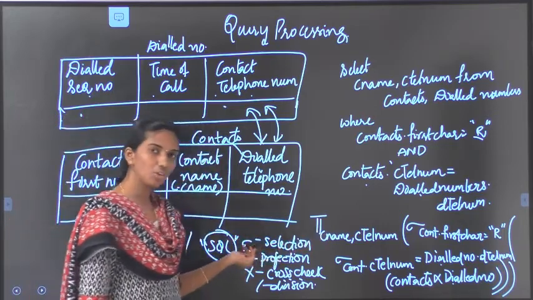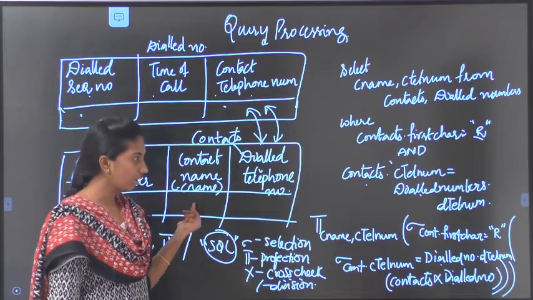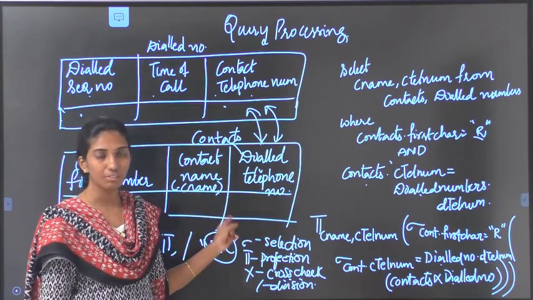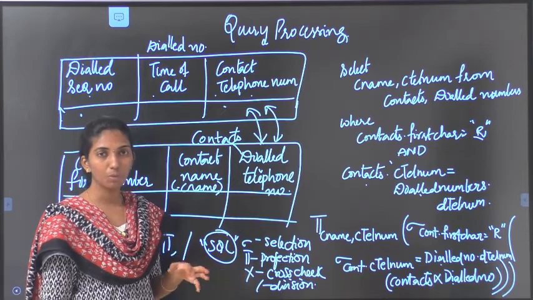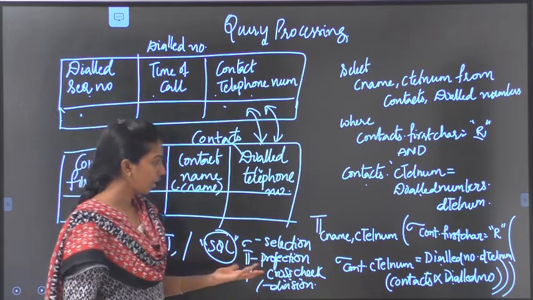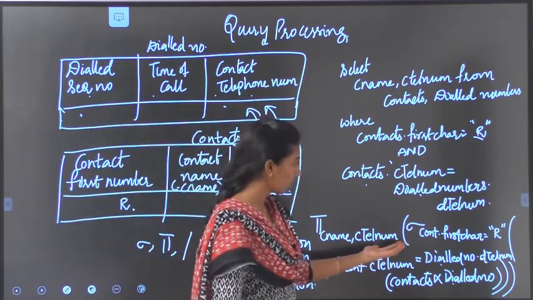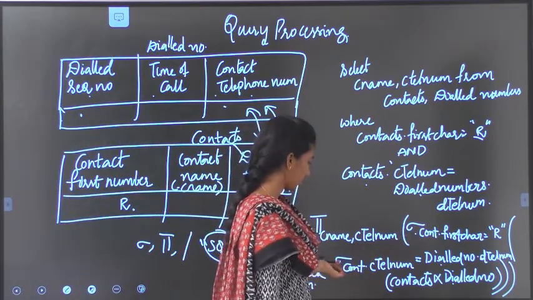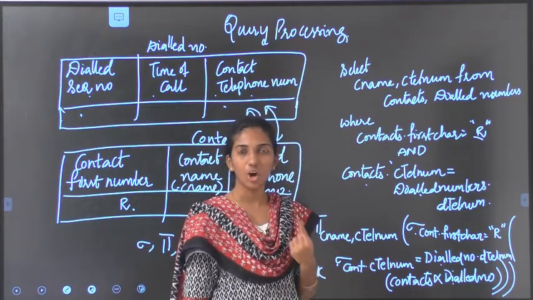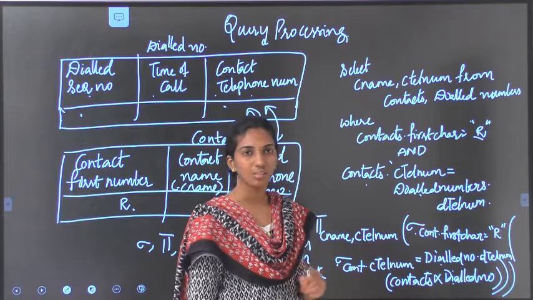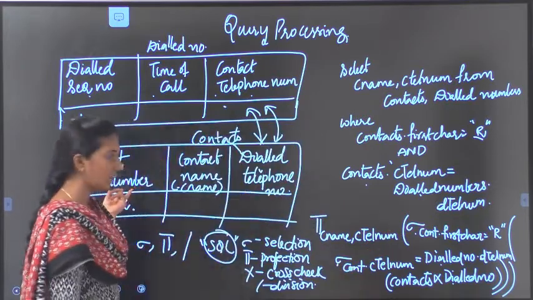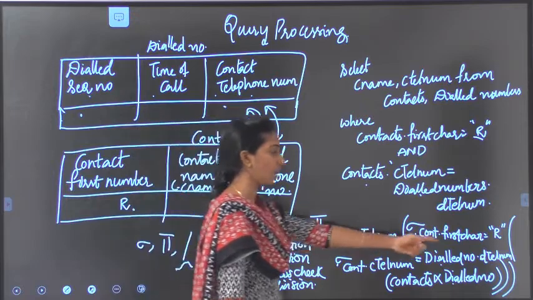When we are going to retrieve some data from the database using certain conditions, we use sigma. If you want to project something onto the display screen, we use pi. That is why, in all the inner queries, we are going to write sigma and sigma. So what is my first condition? The contact name should start with R. That means sigma contact dot first char equal to R.